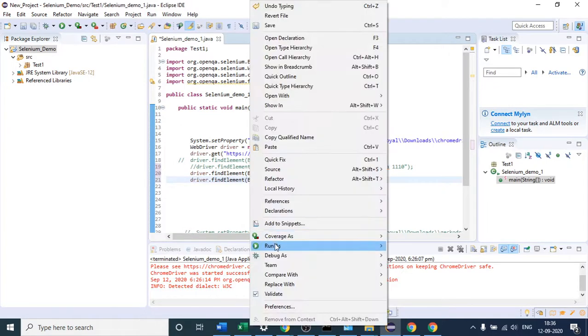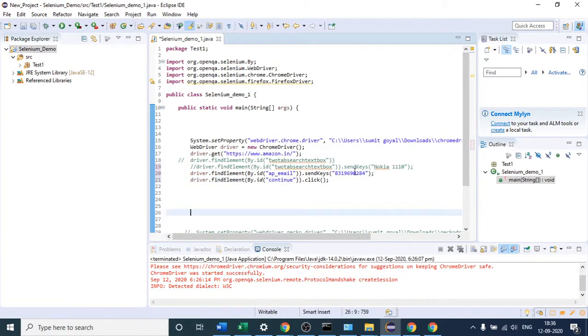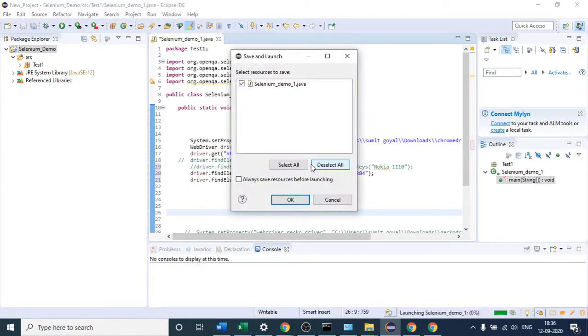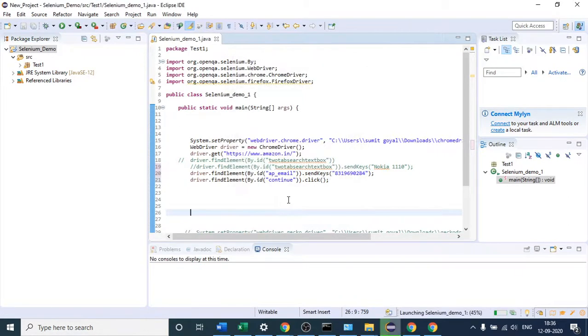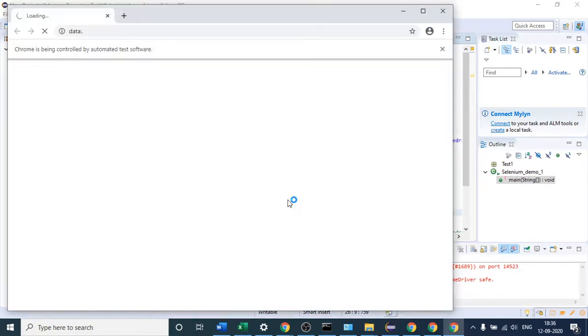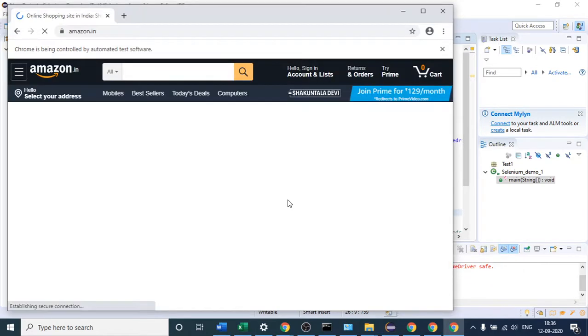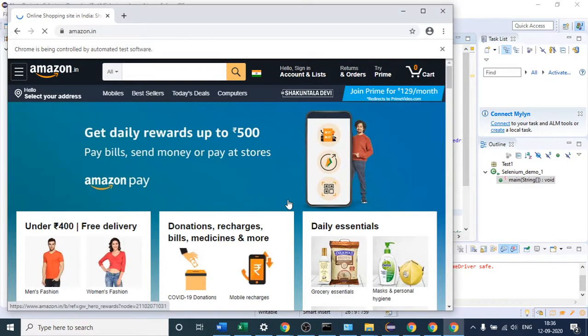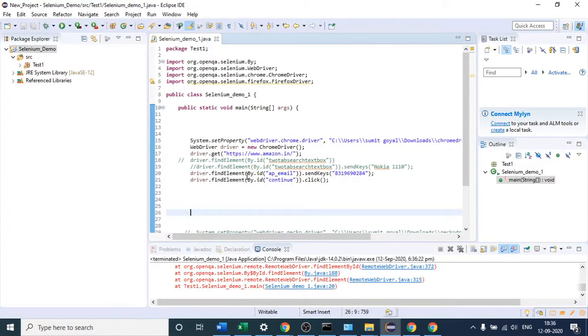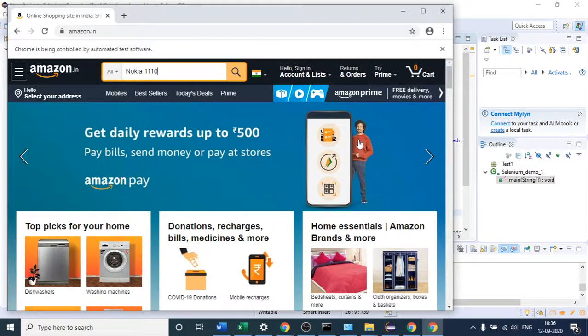So if I run this, I think we have done it already. I will just run it, and you will see that it will just enter the number in the text box, and then it will click on the continue button. So it has opened again, and okay, one thing, we have made a mistake. We have to first start from here, right? This is not the desired page. Anyways, you can try that.